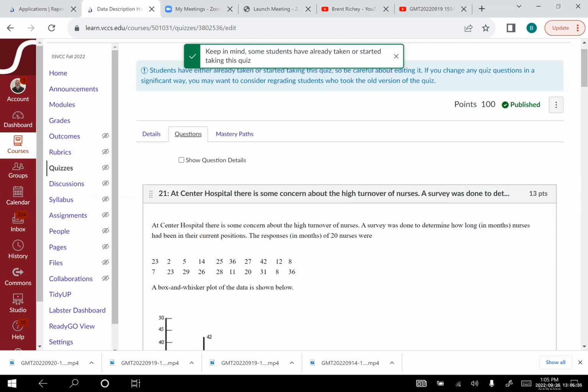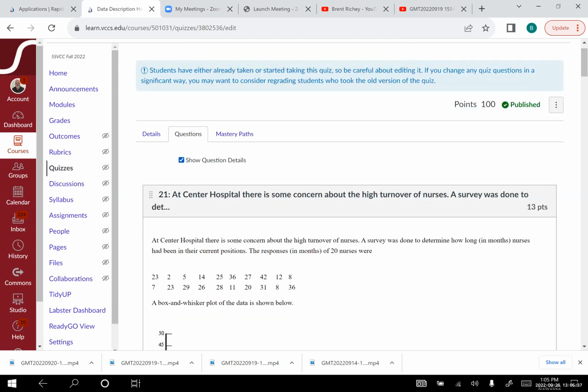Well, here they are. This is the picture. These are the pictures to take, Lexi, but be careful because they're numbered weird. The first question here says question 21. It says 21, but it's the first question. So take a picture of the whole question and don't count on the numbers. It says 21 because it was the 21st question in the bank.